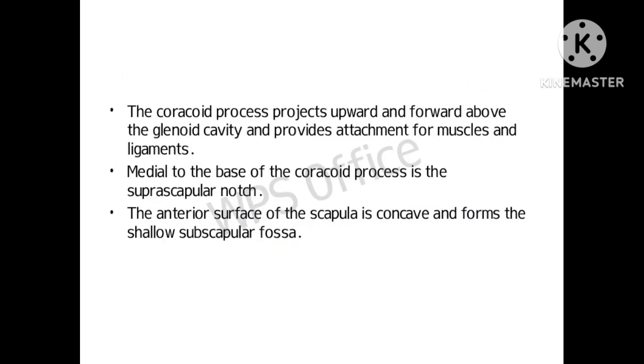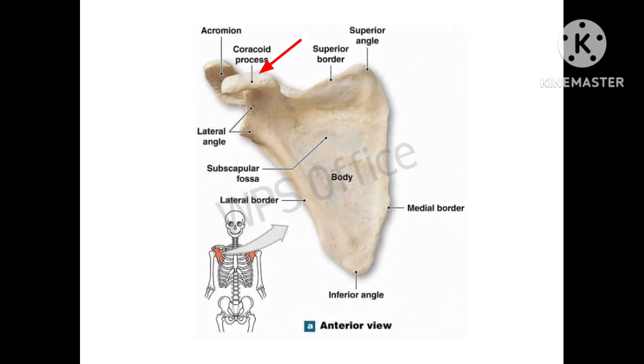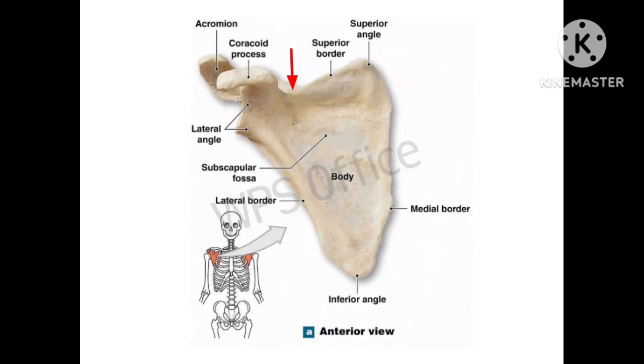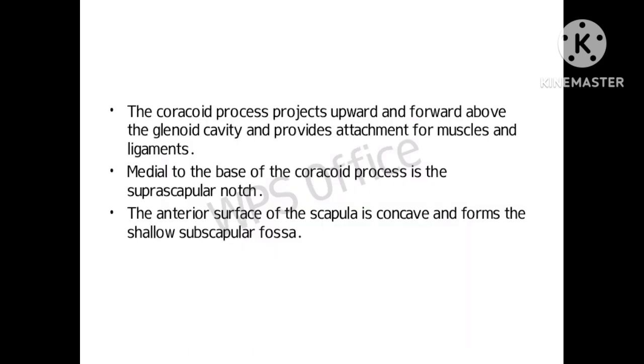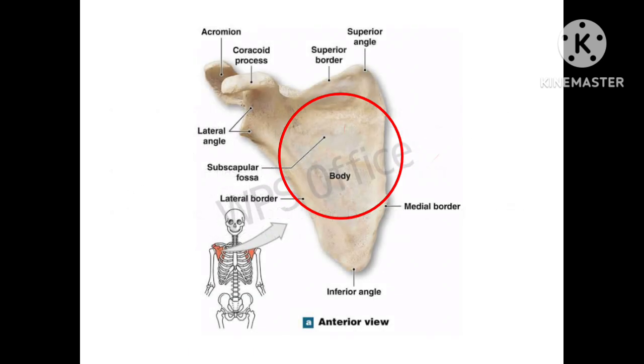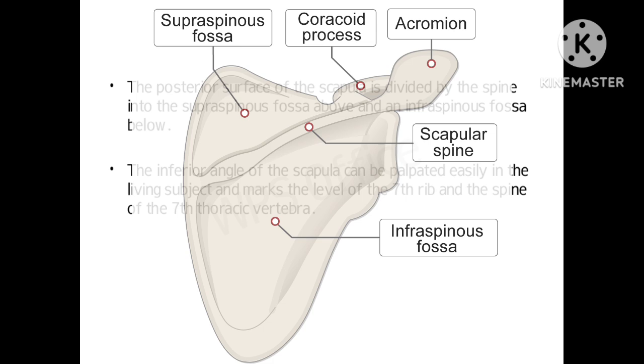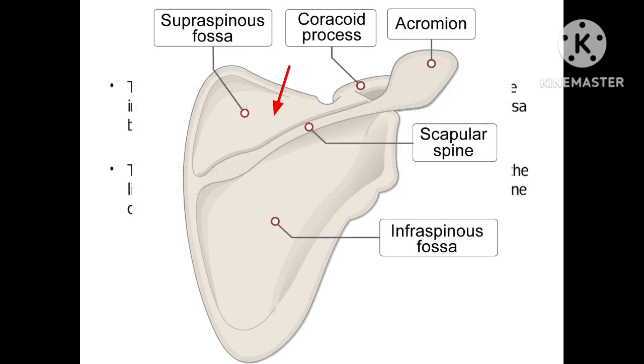The coracoid process projects upward and forward above the glenoid cavity and provides attachment for muscles and ligaments. Medial to the base of the coracoid process is the suprascapular notch. The anterior surface of the scapula is concave and forms the shallow subscapular fossa. The posterior surface of the scapula is divided by the spine into the supraspinous fossa, above, and an infraspinous fossa,